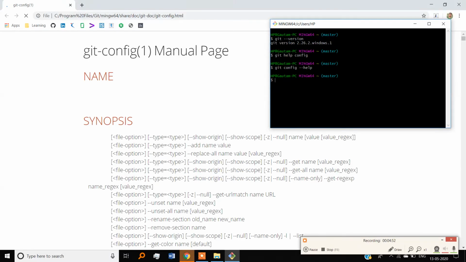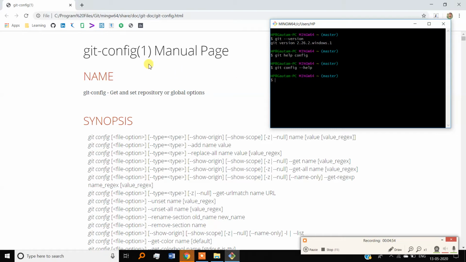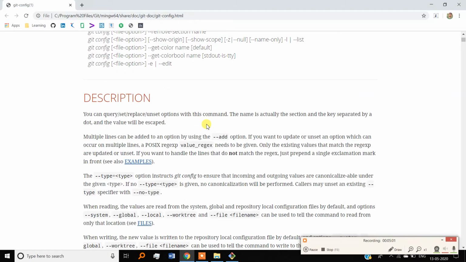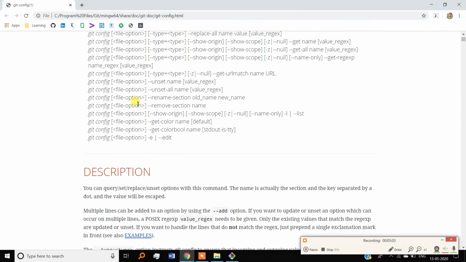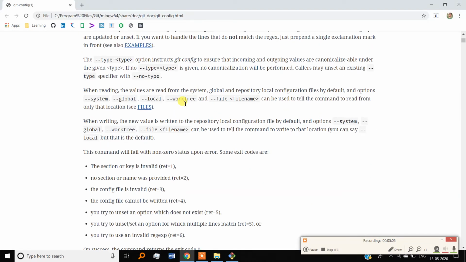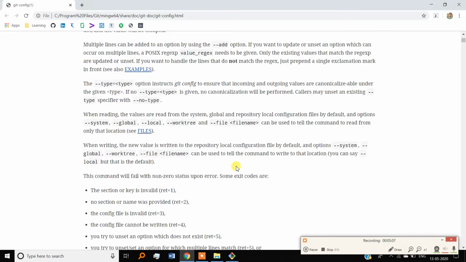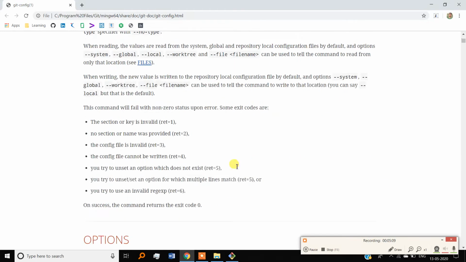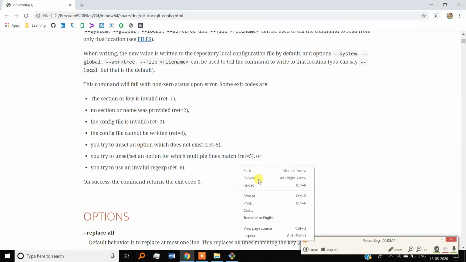So you can see here we are getting the git config manual page. From here, whatever we need, we can take help. This is for help. The Git official documentation is this.